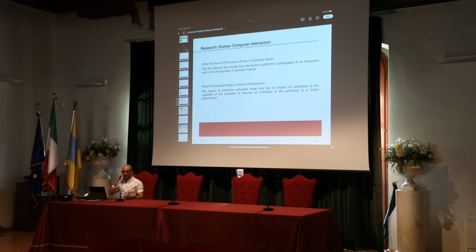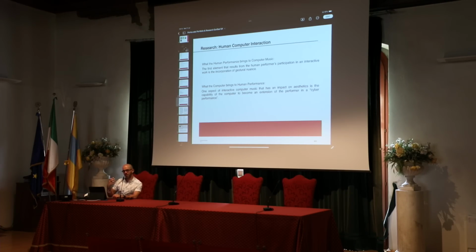So using technology, or developing materials, we always should consider this in both ways. On one hand, what the human performance is bringing to computers. So all the time that we are developing a new patch, a new composition, a new interactive process, our role is trying to humanize a little bit the computer or the system.